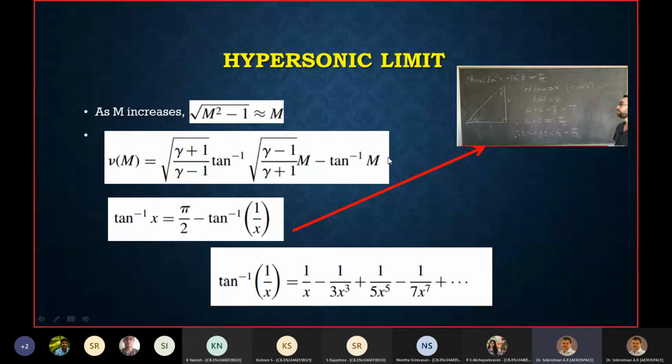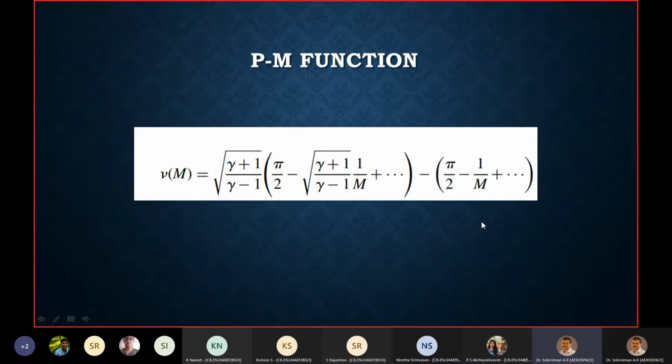At higher Mach number, we are talking about m tending to infinity, which means that 1 by 3x cubed and 1 by 5x to the 5 etc. can be easily neglected because m is too high, which means we'll be approximating the whole thing as tan inverse 1 by x equal to 1 by x. So making use of this expression and the subsequent two simplifications,